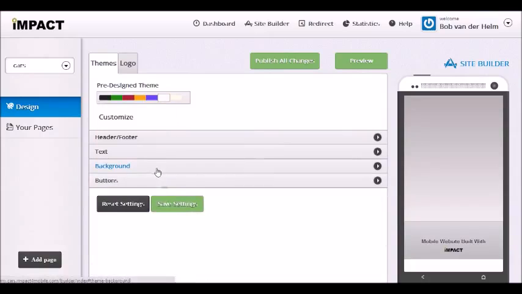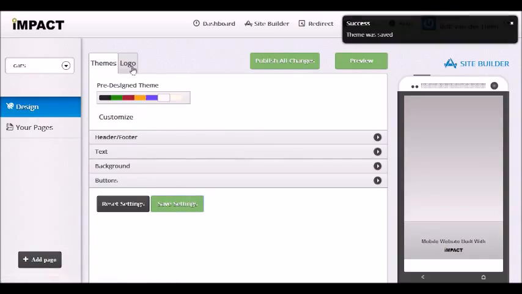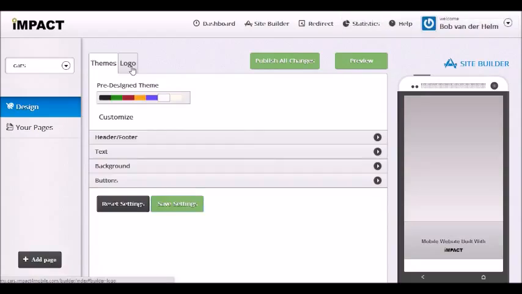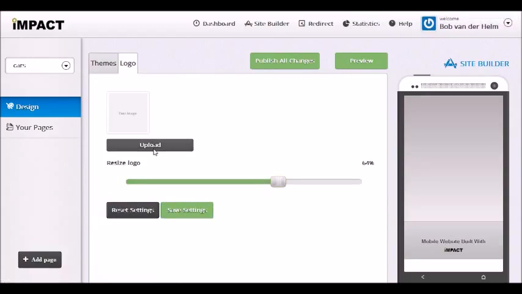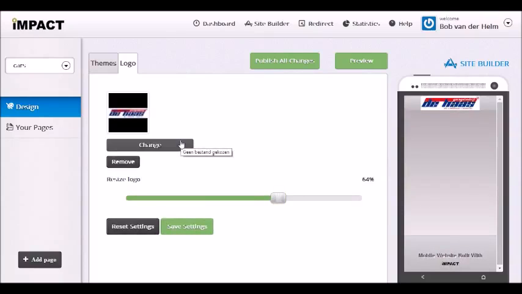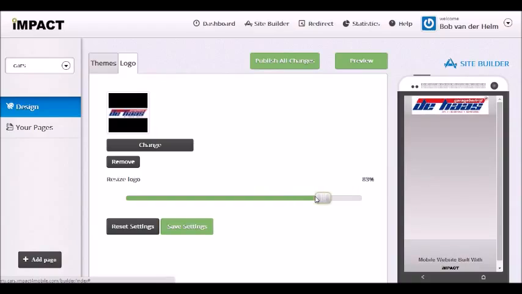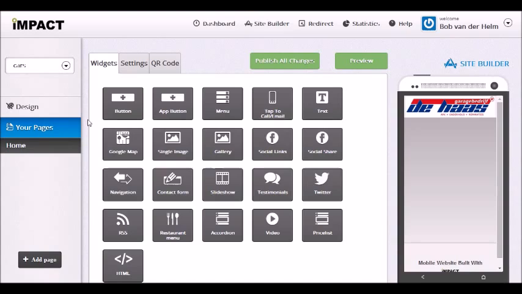So if you're happy with the basic settings of your website pages, just click on Save Settings. Of course you can always change it later if you want to. So now I'm going to add a logo to the mobile website. Just click on Upload and I will upload an image. In this example I will use the logo from a car company. Now if you want to change the size of the logo, just pull the slider to the right. Done, I'm happy, and now I go back to the widget area